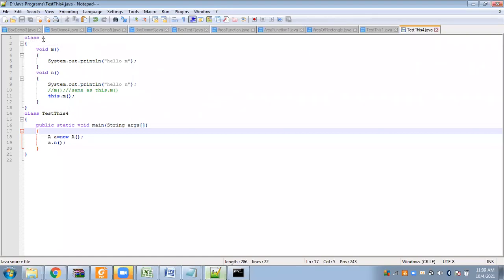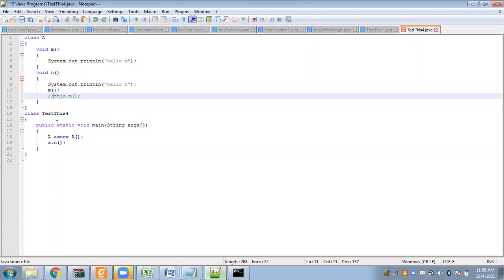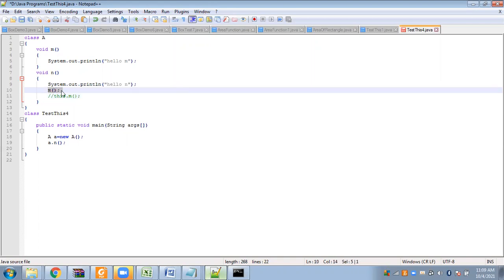We have a class A inside which we have two methods, M and N. In M we have a message to display, which is hello M, and inside N we have a message to display, hello N. Let's see this example without using the this keyword.